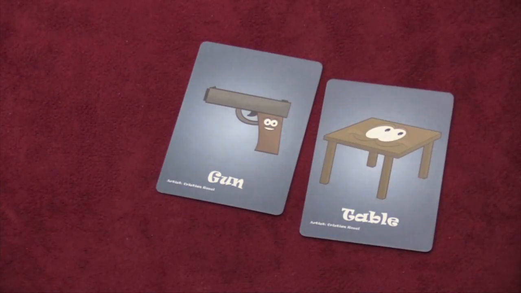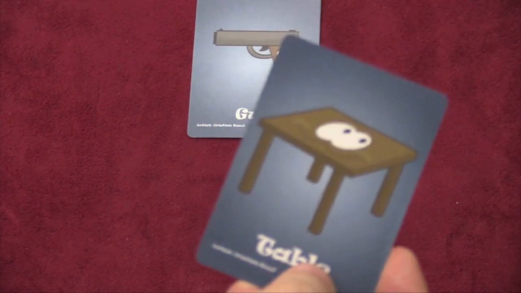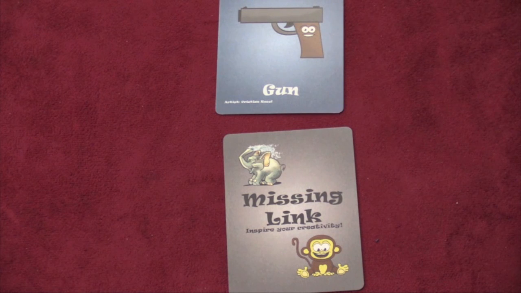So let's say it's my turn, and I'm going to draw two cards. So let's say I draw table and gun here. Well, one of them I'm going to reveal to everybody. The other one, everyone's trying to guess what the table is. So I'm going to give people clues that have to do with both of them. So I might say they're both smaller than a refrigerator. Well, that's probably not a very good thing. Or I might say both of them...